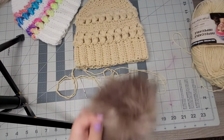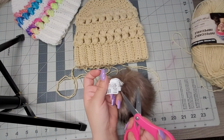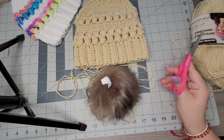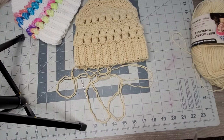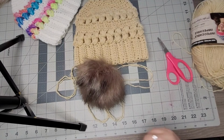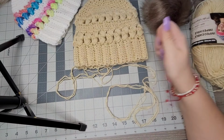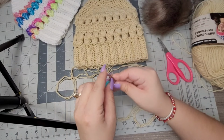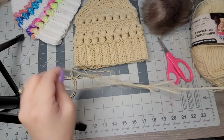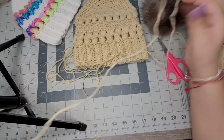Okay, so I have this one here, and okay, I'm going to take this off of here, so we don't need that. And I'm going to take the tag off. That I was able to just pull right off. Okay. So with our needle, I'm going to feed one of these strings feed it on through here,